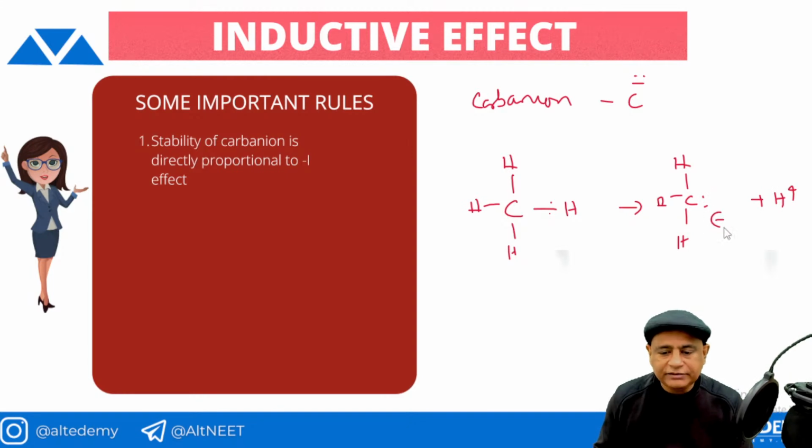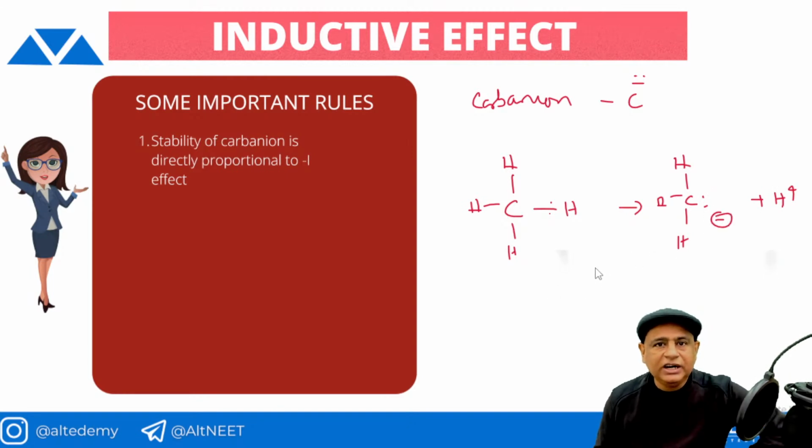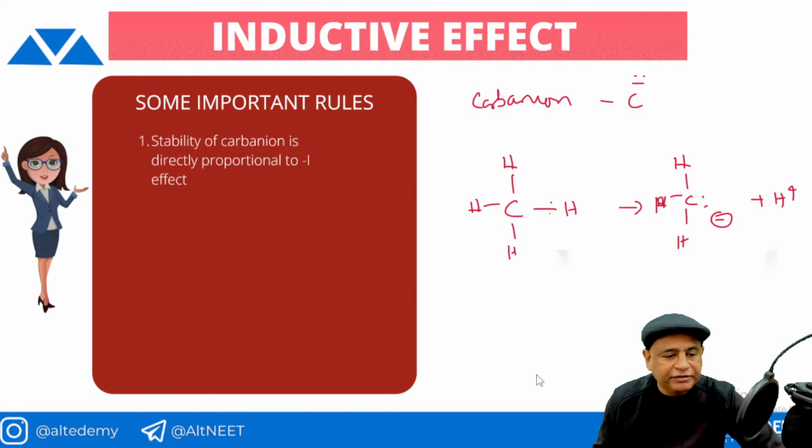So it is having a negative charge. There is one additional electron that has come, so it is having a negative charge. If it is having a negative charge, this is called a carbanion. And if you take this kind of carbanion in a different manner, then you can say if there is a species